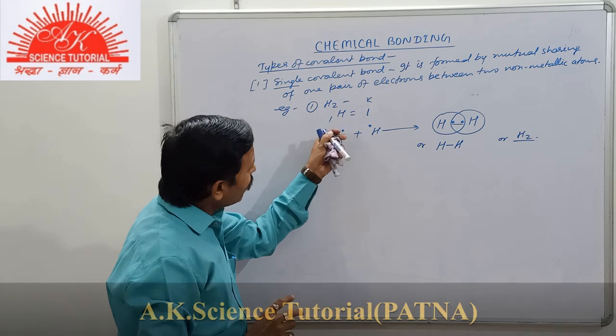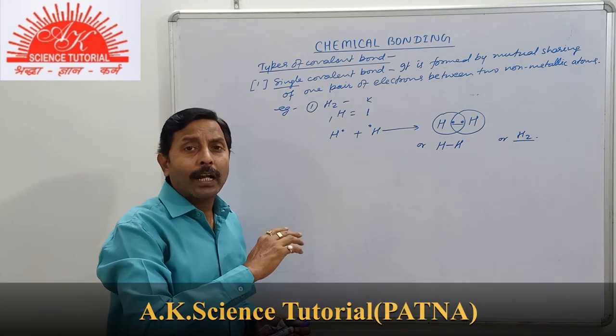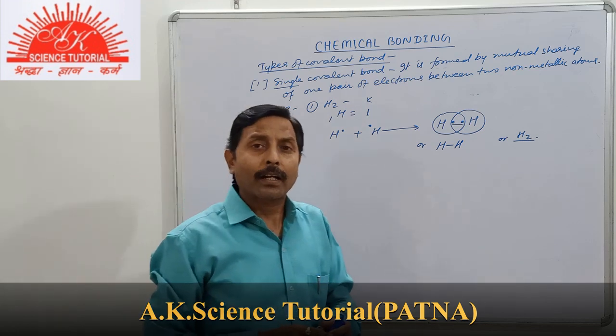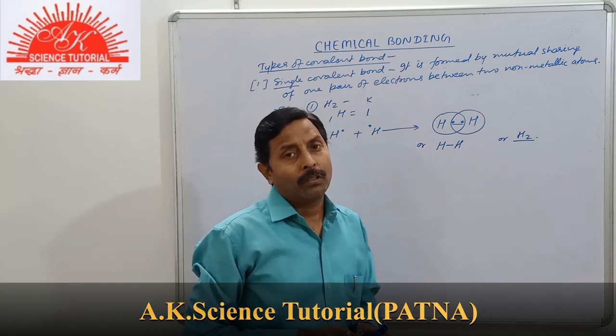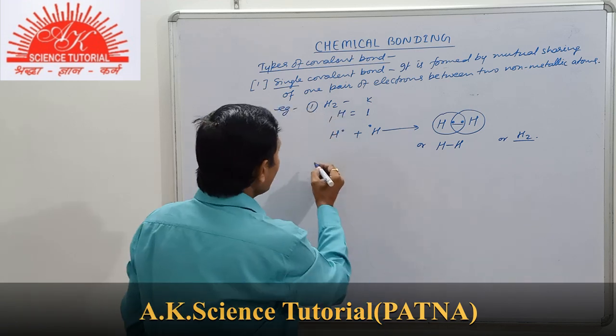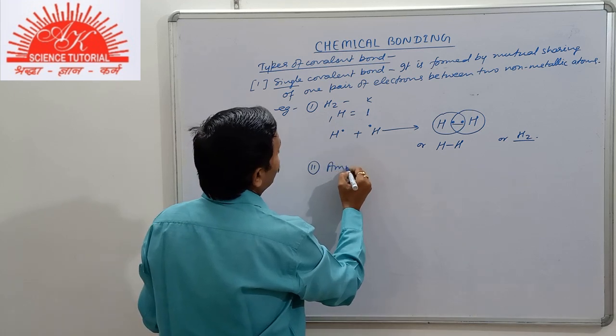So students, if you follow this simple concept, you will be able to draw the electron dot diagram of all the covalent compounds. Now, let me make it clear with some more examples. Second example, ammonia,